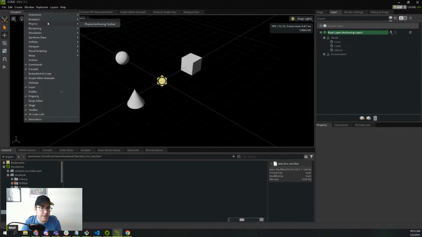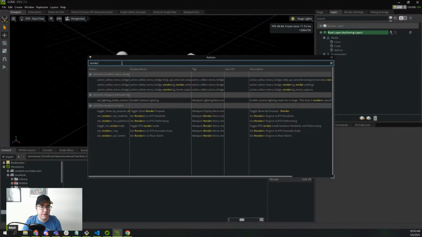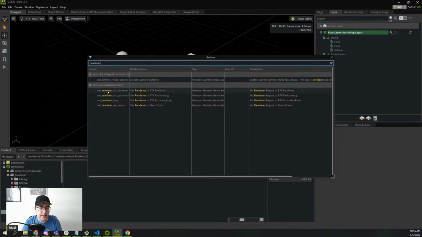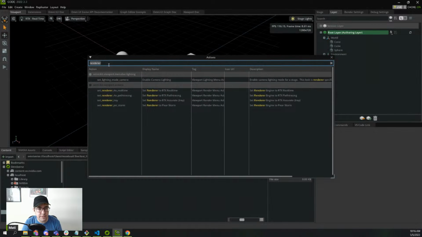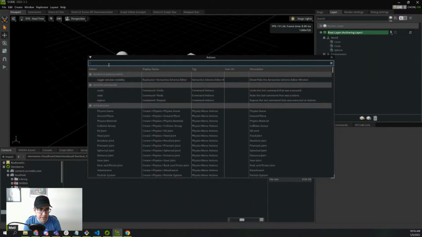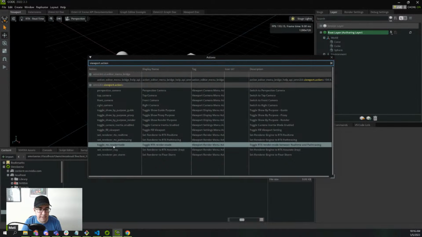You want to look in window actions first. And if we search render, we have 4 actions, all in the OmniKit viewport actions. And in fact, there's actually one more in here that, because of my search query, it's not showing up. But the other one that I had in mind was the toggle RTX render